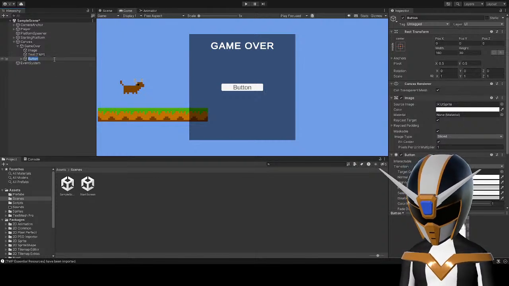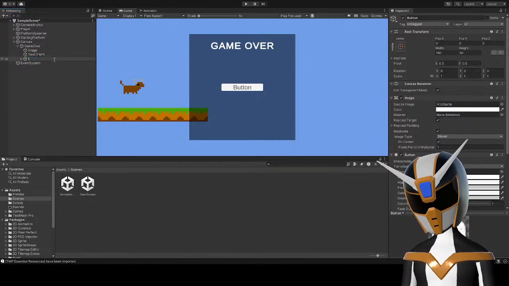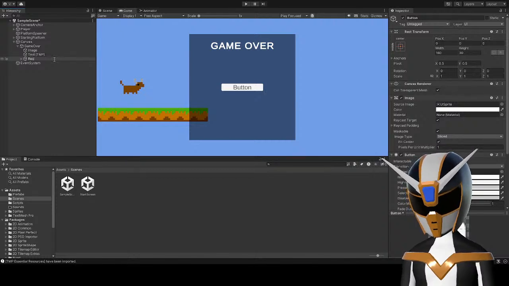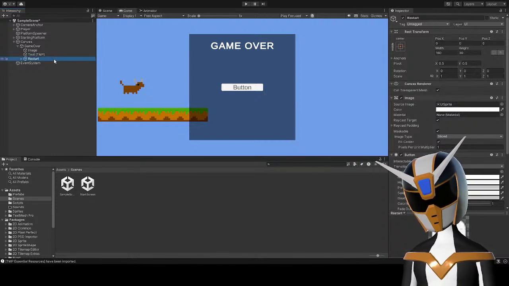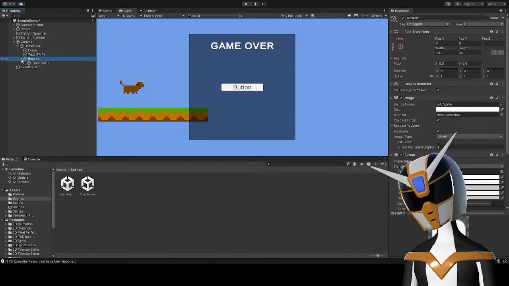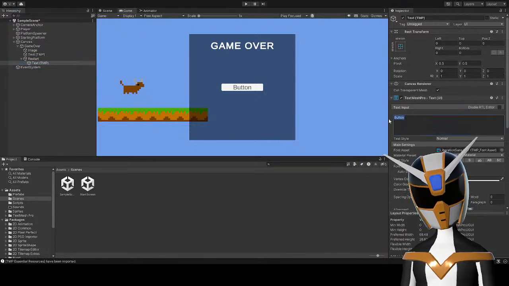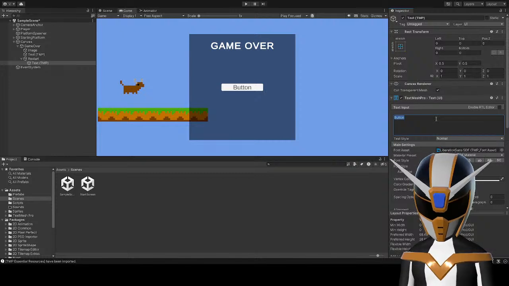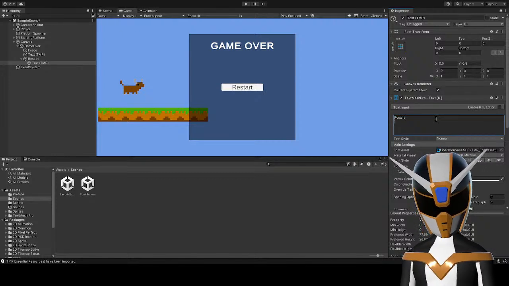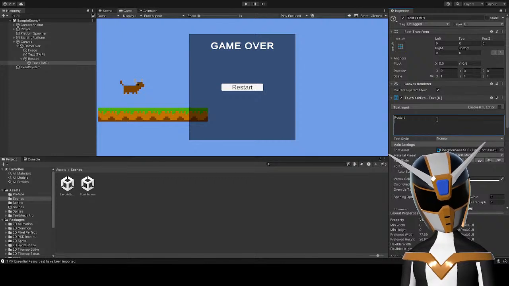Let's call this restart. I'm definitely gonna have to find some kind of better font. And I'll make this look a little bit better later, in general.